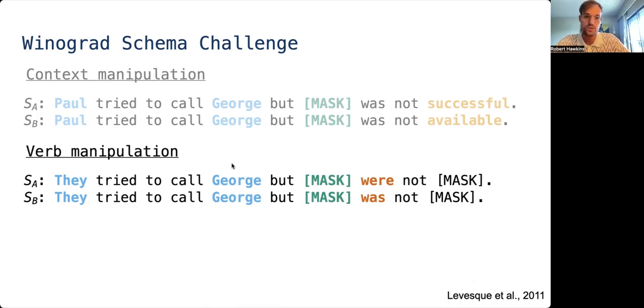So we constructed for each pair of sentences in the Winograd schema a corresponding verb manipulation sentence that was possible to solve only using an agreement cue on this auxiliary verb after the mask. So the idea here is to disentangle the circuits of the model that might be responsible for world knowledge as opposed to other kind of generic pronoun disambiguation